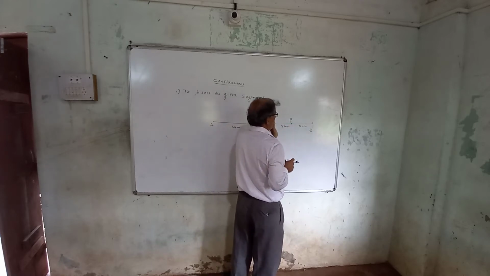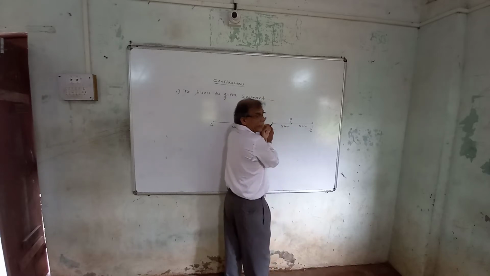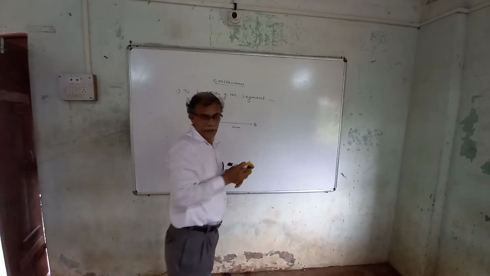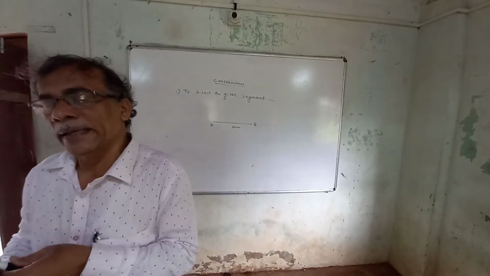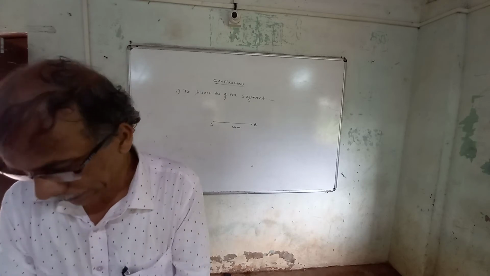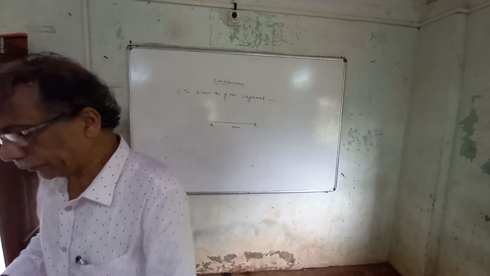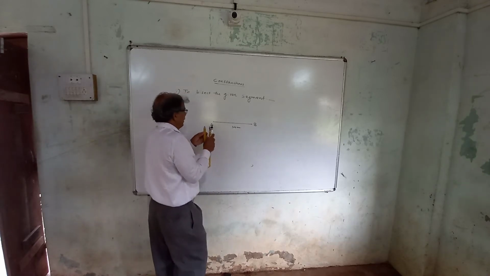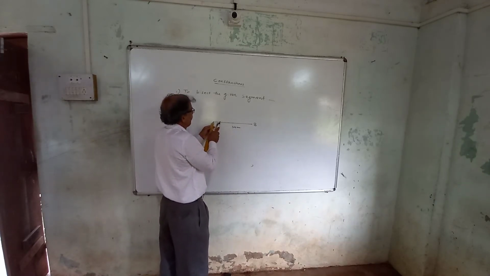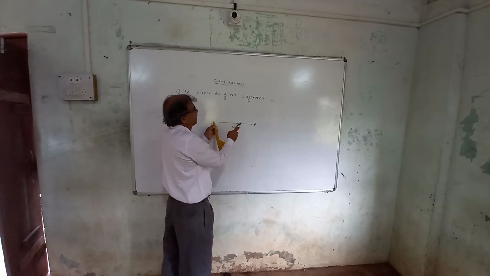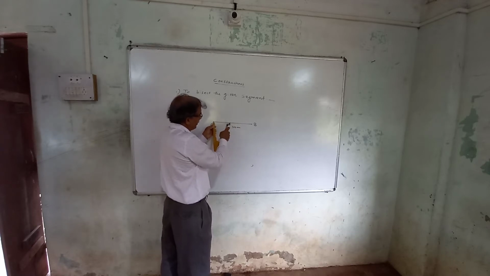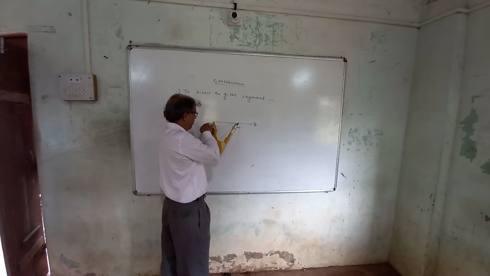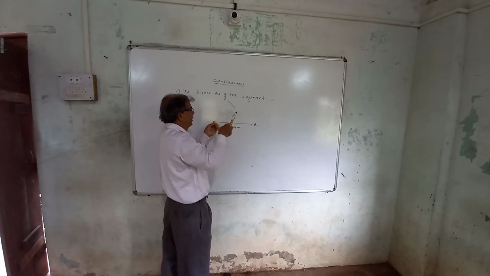Midpoint means it exactly divides the whole segment into two equal parts. So now how to determine the point which divides the given segment into two equal parts? For that purpose, you take the compass, keep it on one end point, say point A, and your pencil towards the other end point, B. Somewhere it will be half distance, then you have to take a distance more than half of the segment, and you draw arcs to both sides of the line segment in this way.